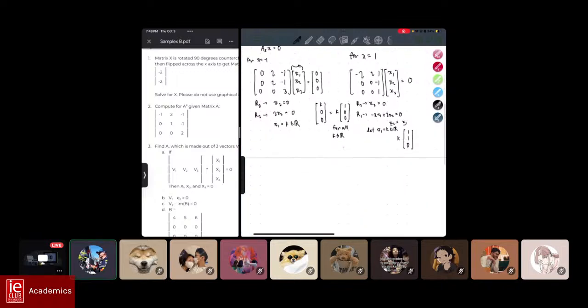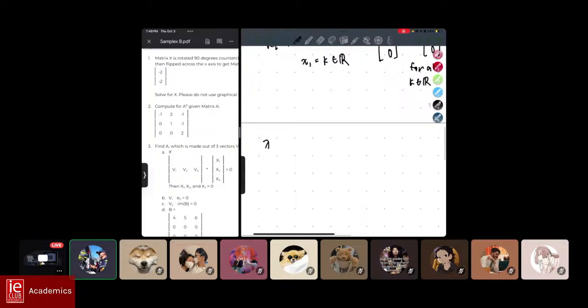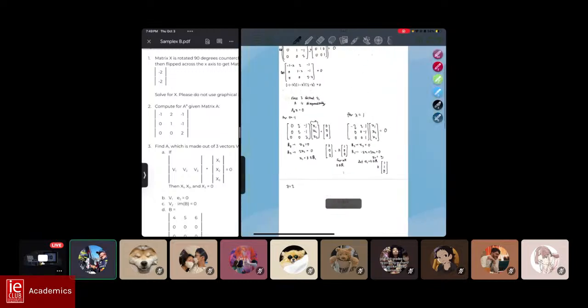So now let's move on to the last one. Let's substitute for lambda equals 2 naman. For lambda equals 2, we get,